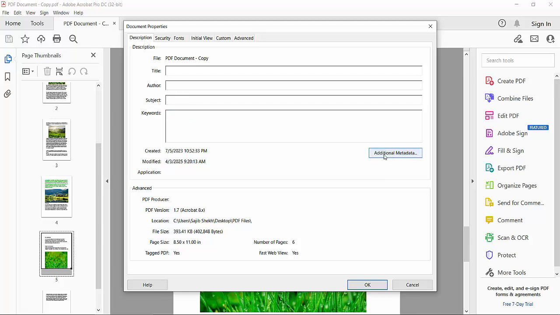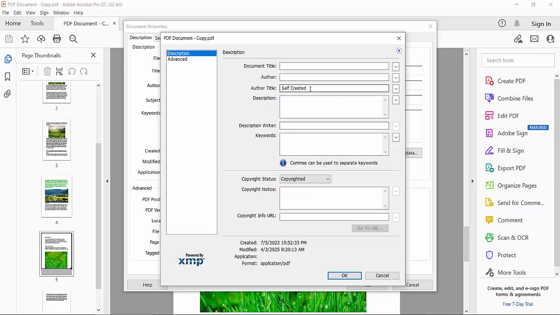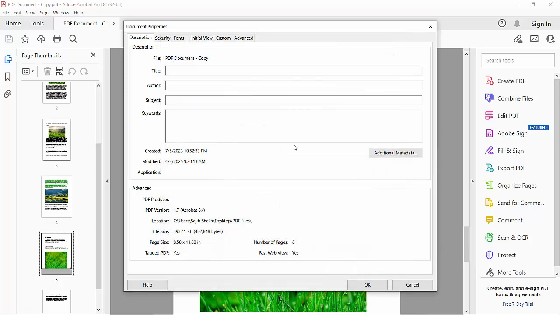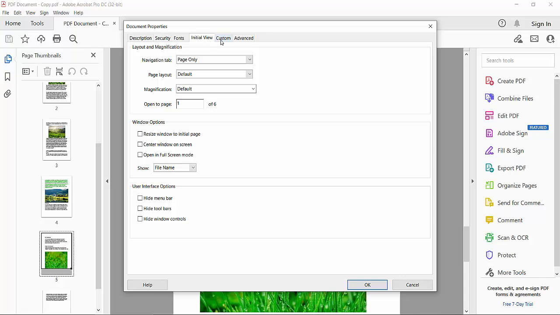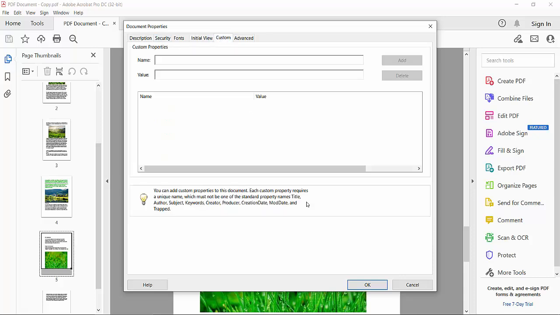Then select the Additional Metadata option. Remove this and this. Copyright status, I'll make it Unknown, and finally select OK. In Security, select No Security, then select Custom and select